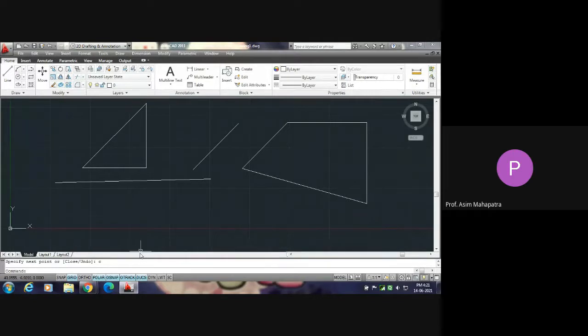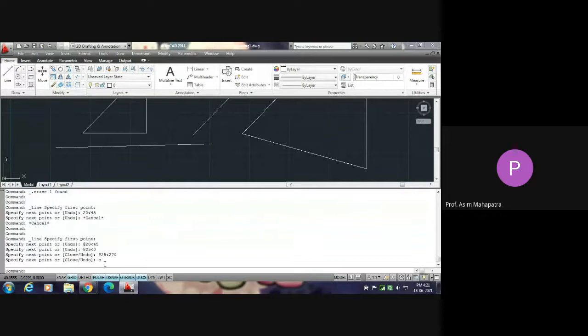Have you got the idea? At the rate, length less than angle. The angle will be measured with respect to x-axis always. So 270 stands for 270 from x-axis means downward. Do you have any question regarding this coordinate input value?